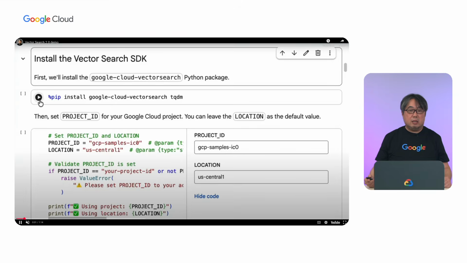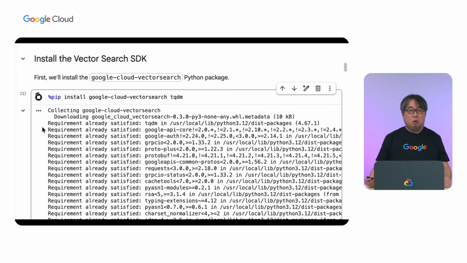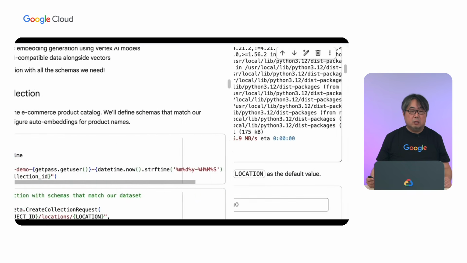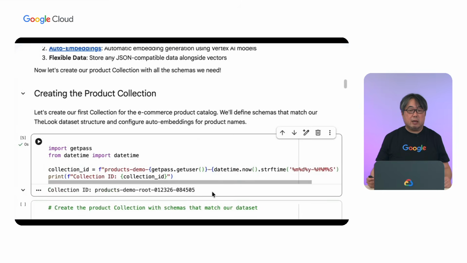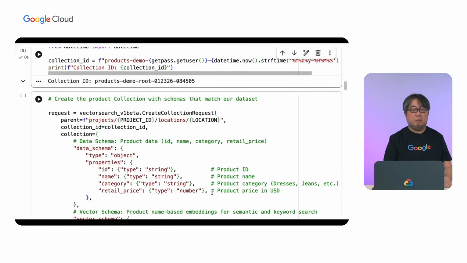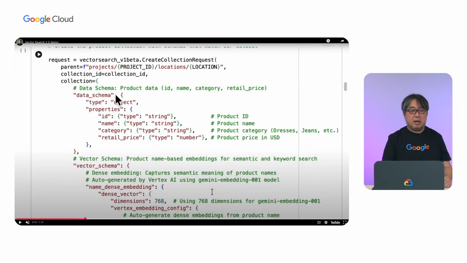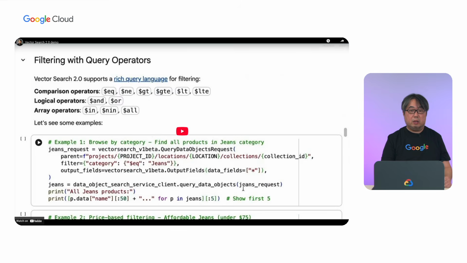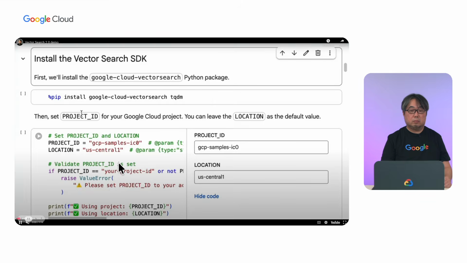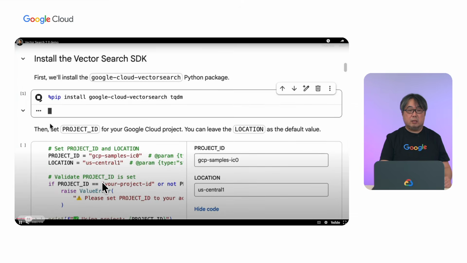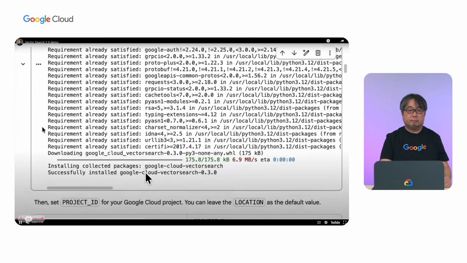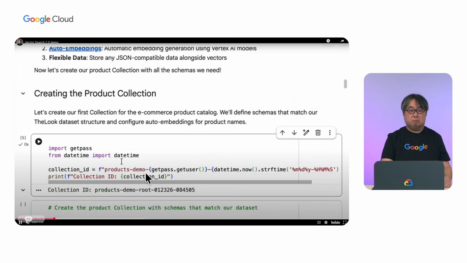Let's take a look at the demo of VS2. Once you have installed the SDK, you can start defining the collection like this. So let me hold on the video. Here you see that it defines the data schema with the properties like ID, name, category, and retail price with their types. Okay, installing the SDK, and define the collection